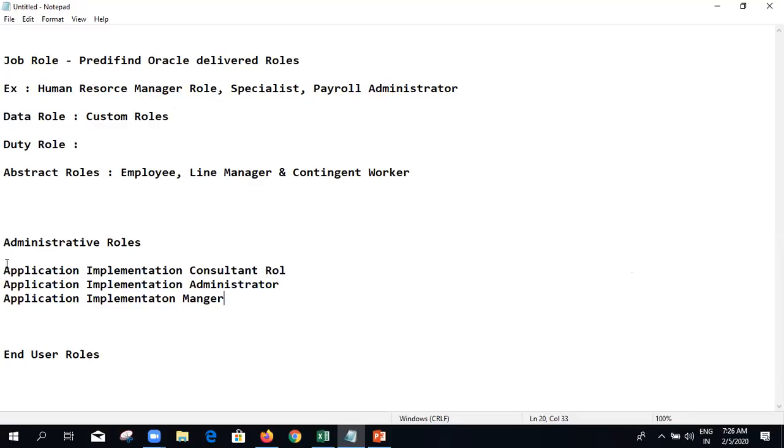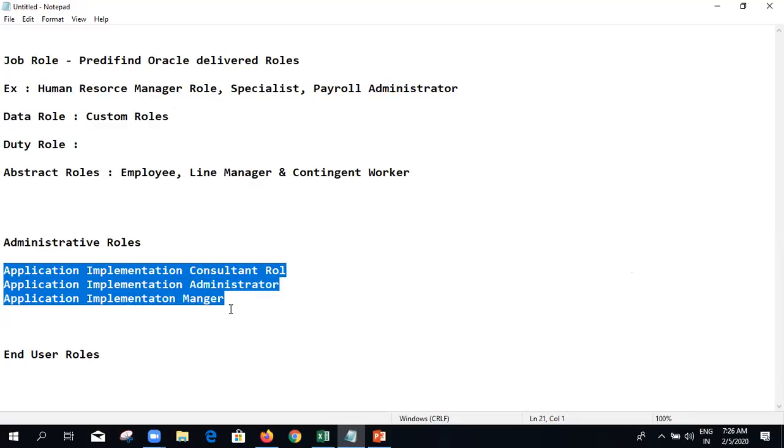So these roles are required for our user accounts in order to start implementing the application. These are the implementation roles or administrative roles.